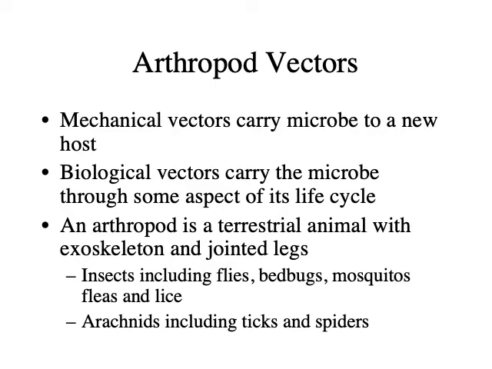So I do care about these two vocabulary words. The mechanical vector is kind of just random. Doesn't matter what the bug is, it just got gross stuff on it, and it lands on poop, and then it lands on you, and suddenly you have poop bacteria contamination, versus a biological vector, which is really a specific species that has a very particular type of life cycle. And I'm going to throw spiders in there. I think of spiders as bugs, but they're not actually insects. They have a different number of creepy legs.